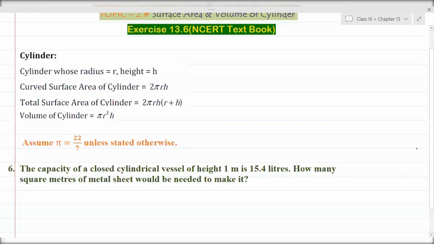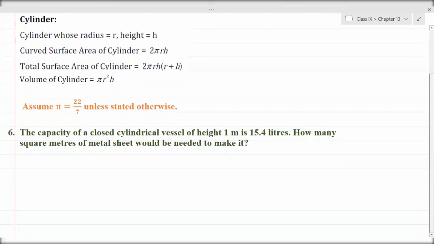And see what type of cylinder we are going to make here. Closed cylinder. So there are two kinds of areas in a cylinder. One is curved surface area. In the curved surface area, the top and the bottom will be open, but in the total surface area, the top and bottom will always be closed. So here we have to find out the cylinder whose top and bottom should be closed, because it is given in the question, closed cylindrical tank. So that's why we shall find out here the total surface area of the cylinder. Okay, so please make that one thing clear.